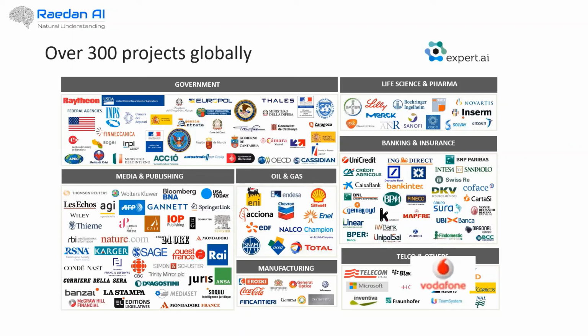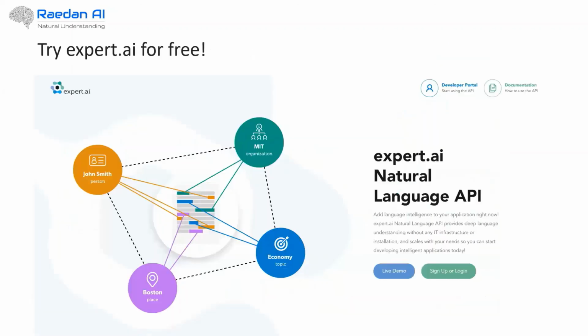As expert.ai works at the data level, understanding all data to a high degree of accuracy, it can integrate with any other technology. There are plenty of use cases around Microsoft SharePoint, UiPath, Automation Anywhere, and things like MarkLogic or Denodo also. So a lot of technologies can be enriched by using expert.ai.